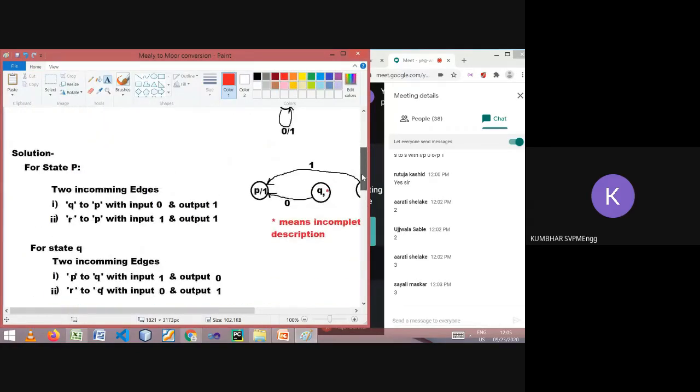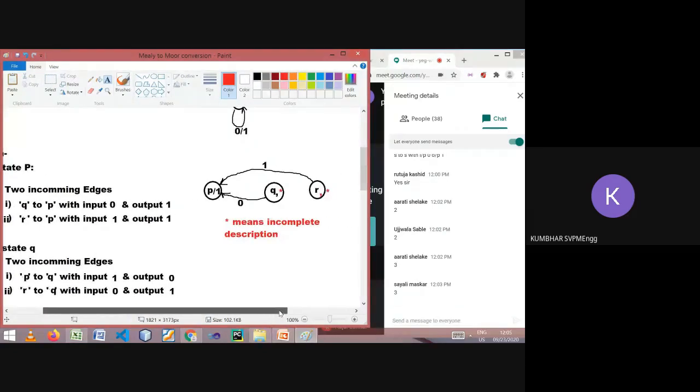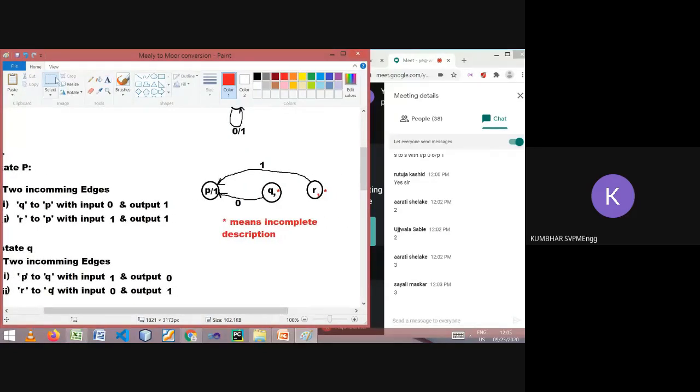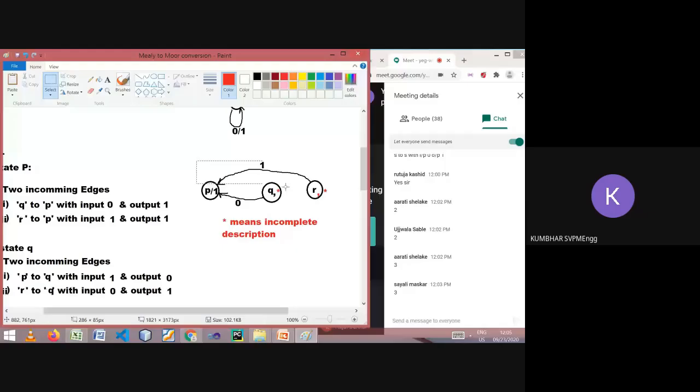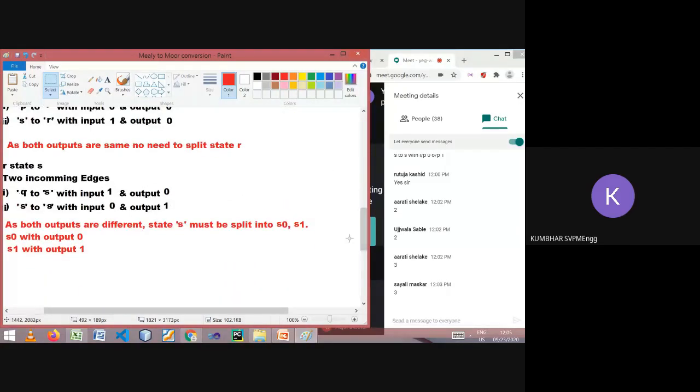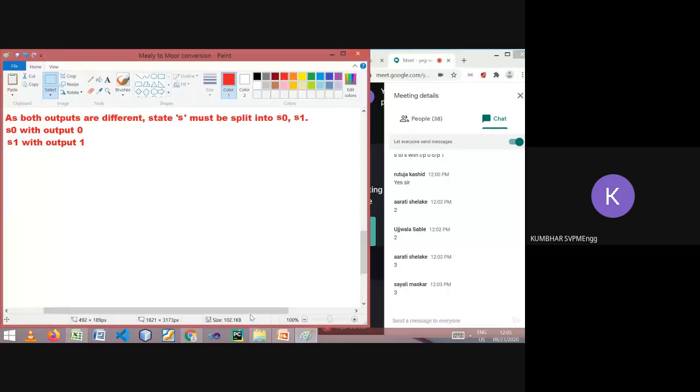Let me copy the part which we have already completed so that we can save it. On the different outputs, incoming edges, and accordingly which states will be created, at the last you can draw the final diagram.